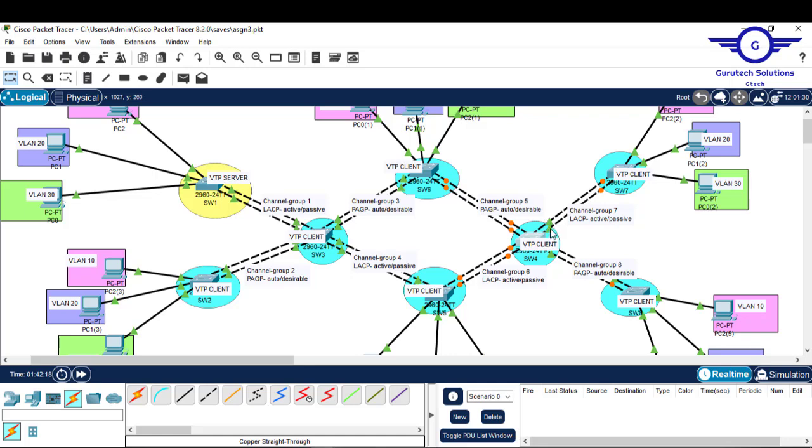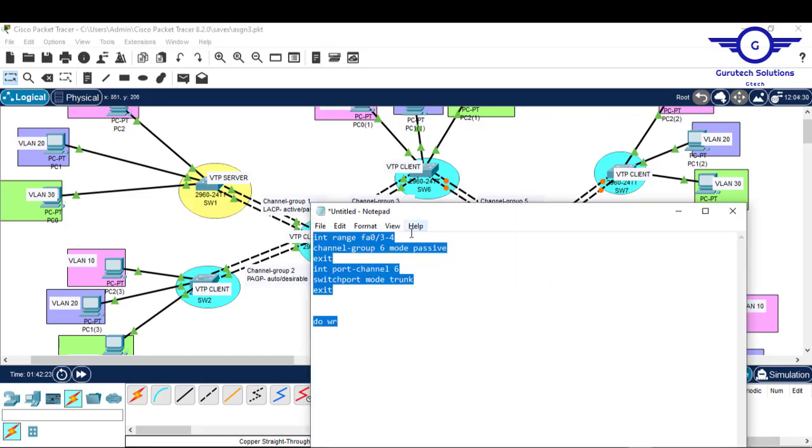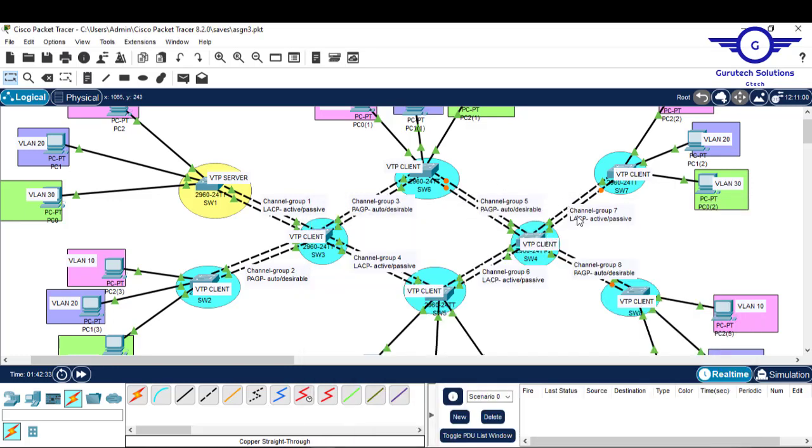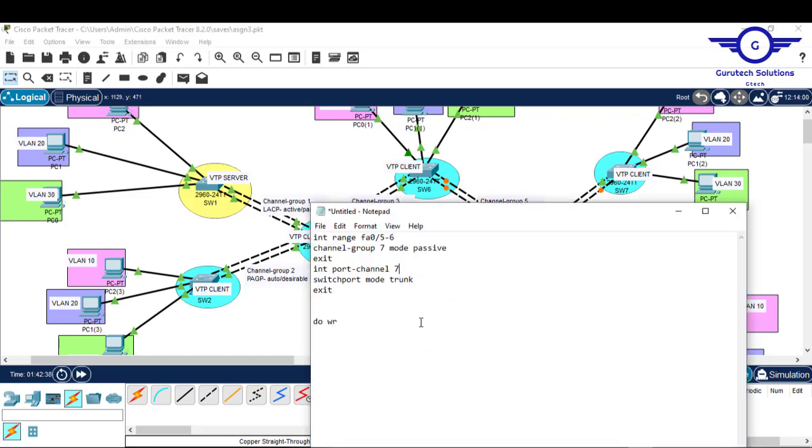This switch is FA6, FA5. So 5 to 6. We just come here and change 5 to 6. 5 to 6. And then channel group 7, here to be 7, here to be 7. And the mode to be LACP, active passive. So let's start from passive. We just copy